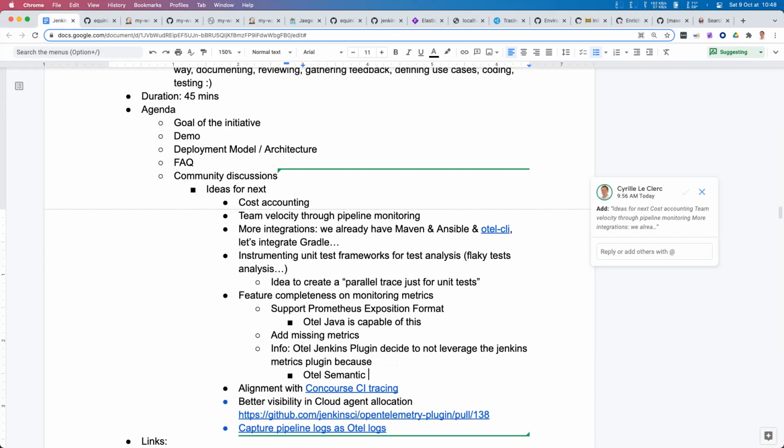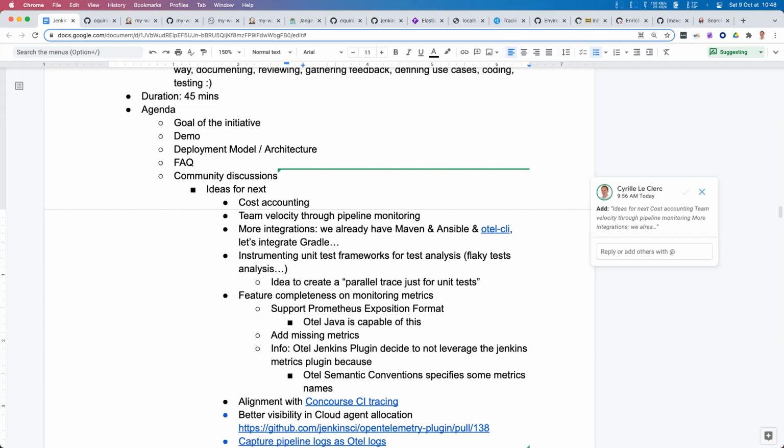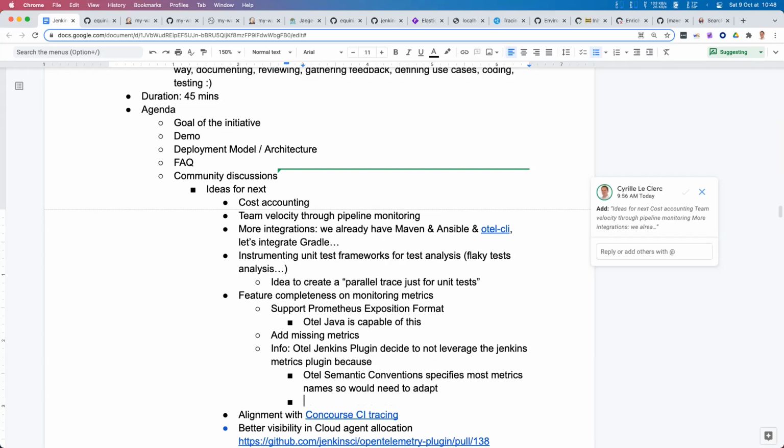OTel semantic conventions specify most metric names. And so we would need to, and the metrics plugin